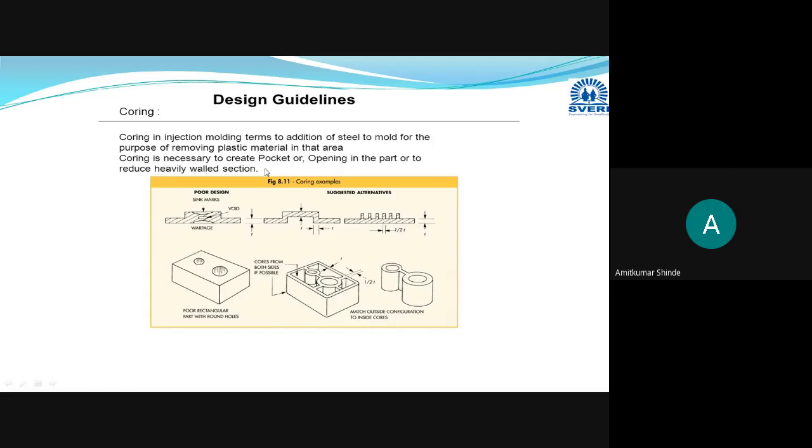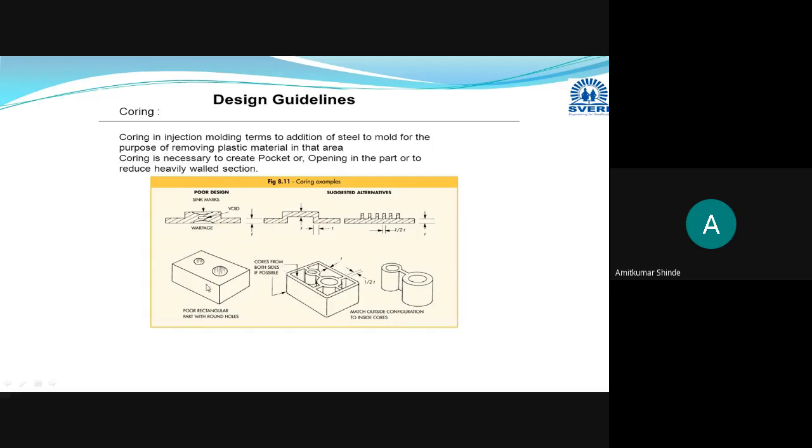This is useful to create pockets, openings, or to reduce the heavily walled section. This is a very large thickness, and we have reduced it by providing the steel coring. Throughout, uniform wall thickness is obtained.